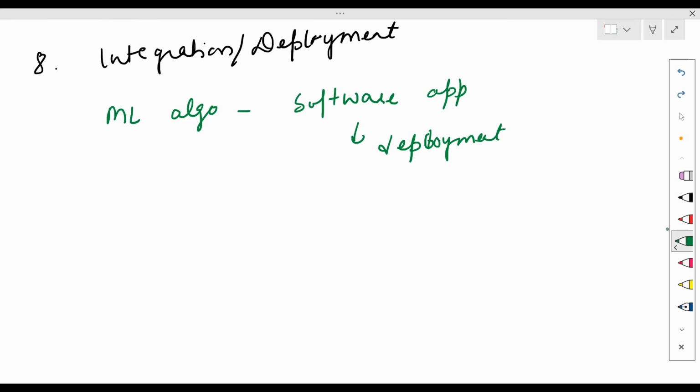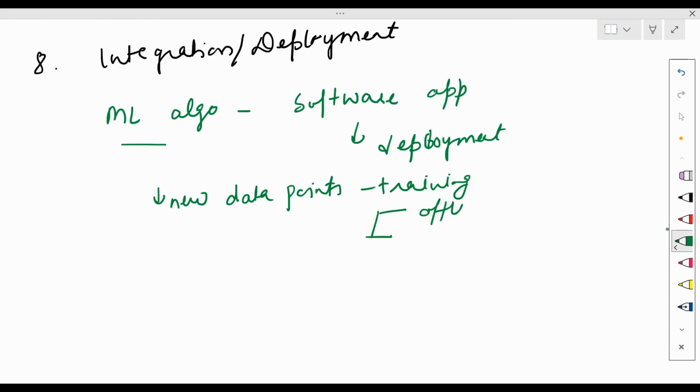After deployment, we also need to consider the retraining of ML algorithms on the new data points. For that, we have two kinds of methods. One is offline or batch learning, and the second is online learning.